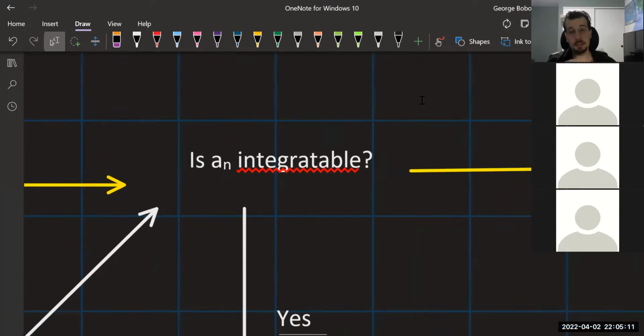You don't want to go immediately to the comparison tests and all the other weird stuff that we have later on down the flow chart. If you can do it here, do it here. Because the nice thing about the integral test is that it's conclusive. If you can integrate this function easily, it's conclusive. If you get a number other than 0, you diverge. Done. So if you can actually integrate and it's an easy integral, take it. Don't avoid it.